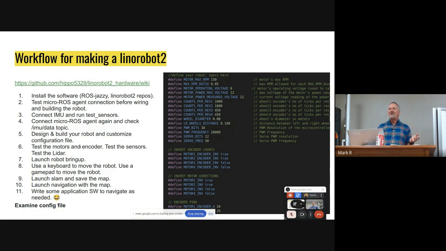So he's got a program that will run the motors at quarter speed, full speed, spin, and just make sure that the mechanics work. Then test the LiDAR, make sure you're getting LiDAR data back. Then launch the robot bring up and use a keyboard to move the robot. Now, part of testing the motors and encoders checks that it actually goes forwards when you expect it to